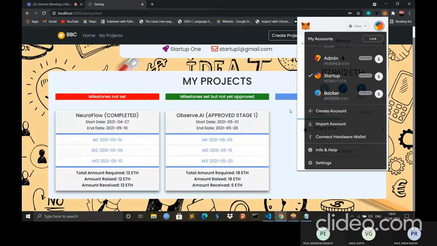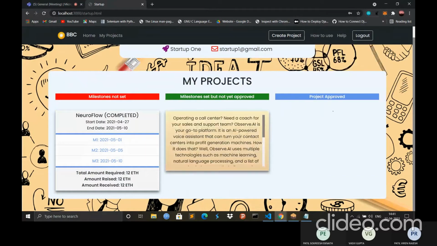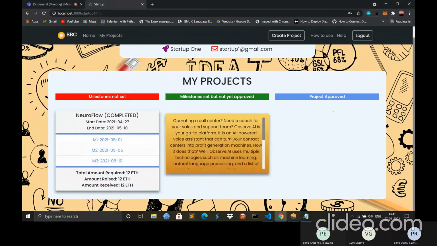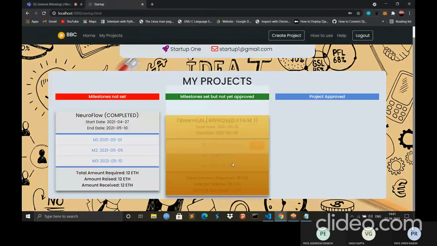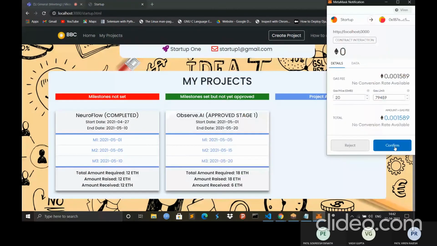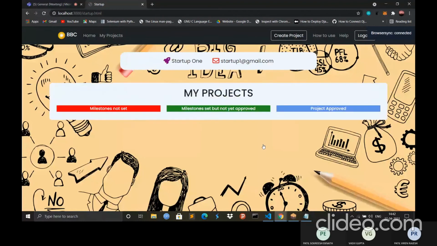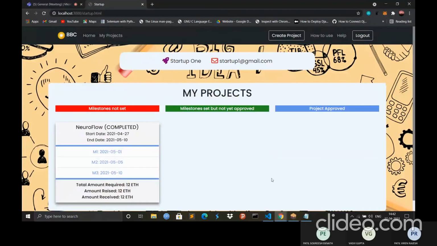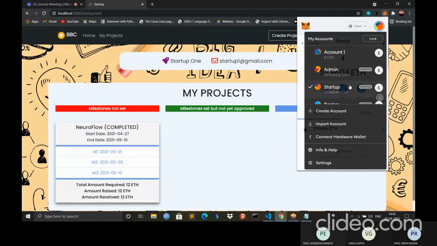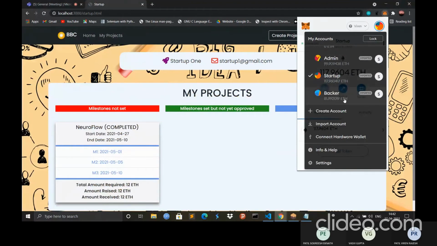So we will just go and abort the project, and we can see that after aborting the project, the project is no longer visible as it is deleted from the entry, and the backer balance is increased by 12 ether.